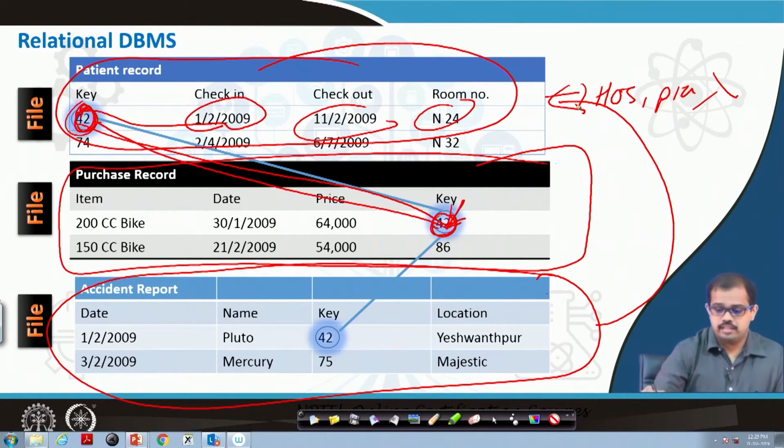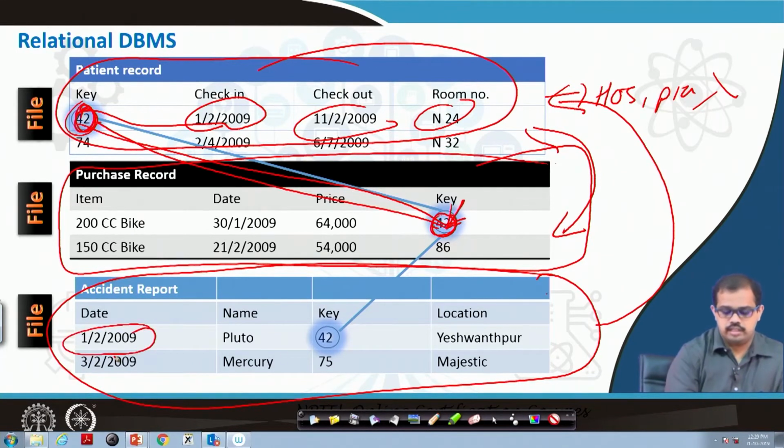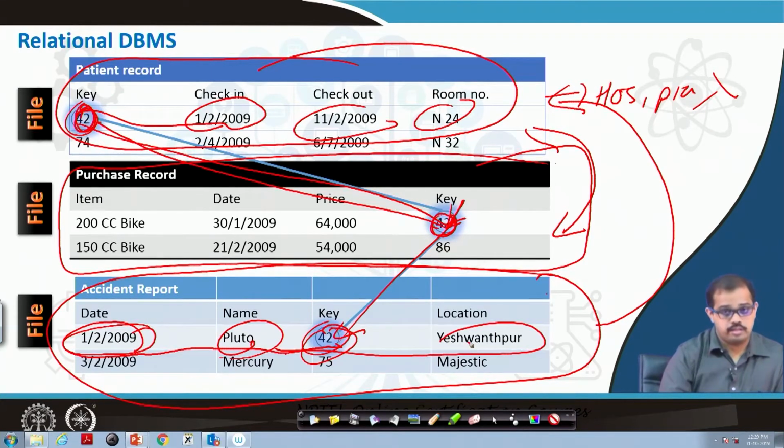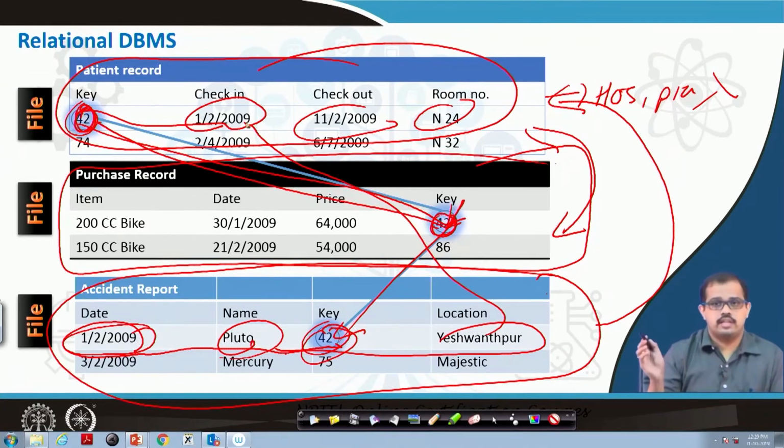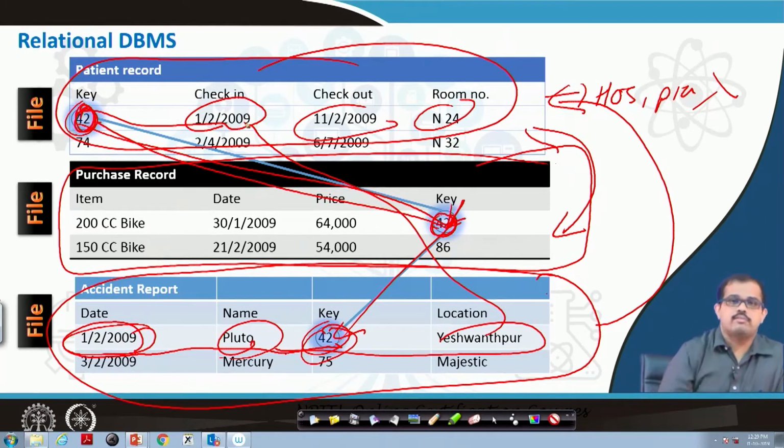Whereas a manager in the hospital who is looking at management records may get access to these two things. The police will look at the same key here, which is 42. If he puts in the patient name and he knows the key, he is defining this particular key, and because of that he knows when the accident has happened, the name of that person, where it was, where this location is, when he was admitted to the hospital, when he recovered from that injury, and where he recovered. So, he knows the entire database of it.